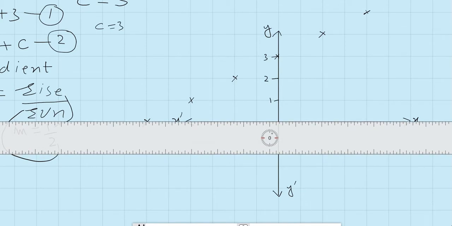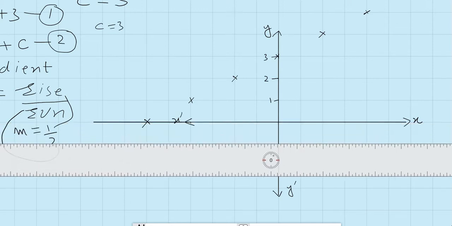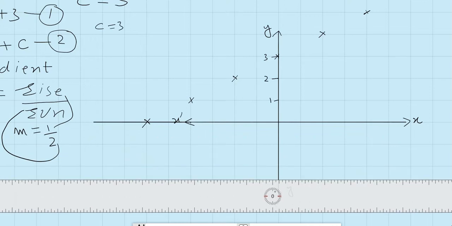I want to extend this line again. See this. Now we have 1, 2, 3, 4, 5, 6 points. Join all these 6 points and draw a straight line. Again, I will take help from my ruler, but first I want to,